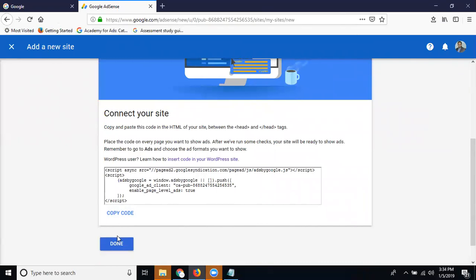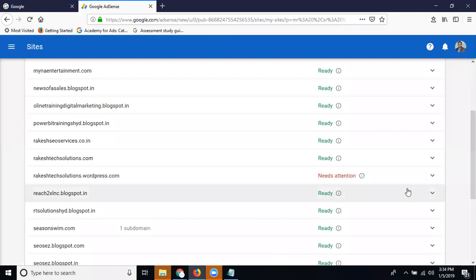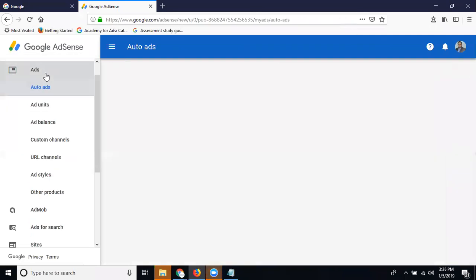After clicking Done, the ad code is verified from your website. Wait for a second. You can see your domain here, rakeshseo.co.in.